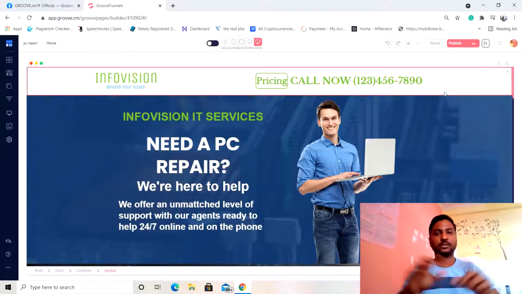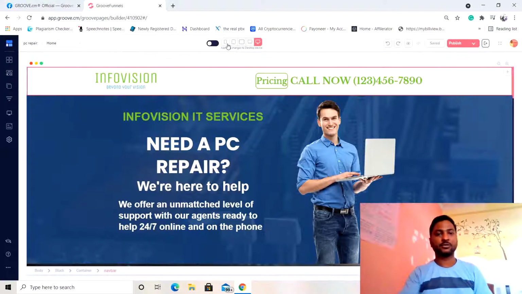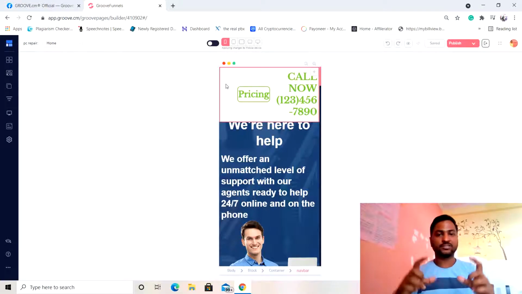These are the three options coming to the top header. But if I check the mobile device, you can see that the logo of my company is not coming there, because as we know, the area on the mobile device is really very small, so it's not possible for all these three things to come together.